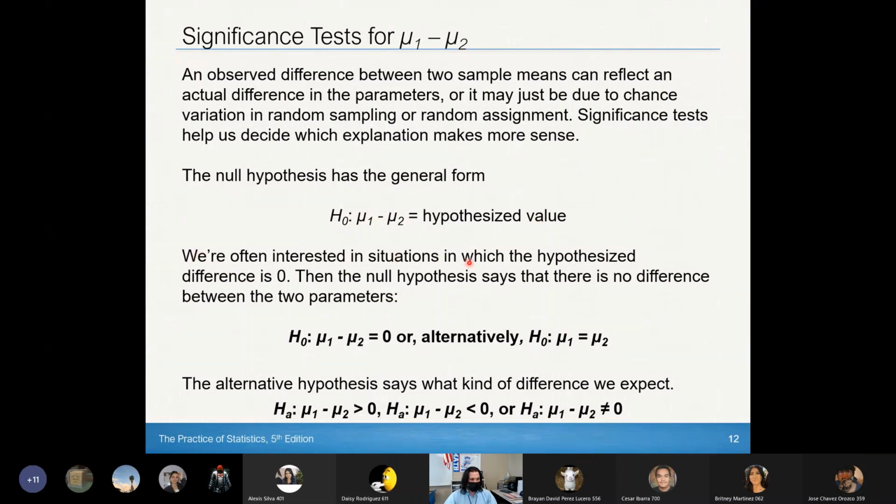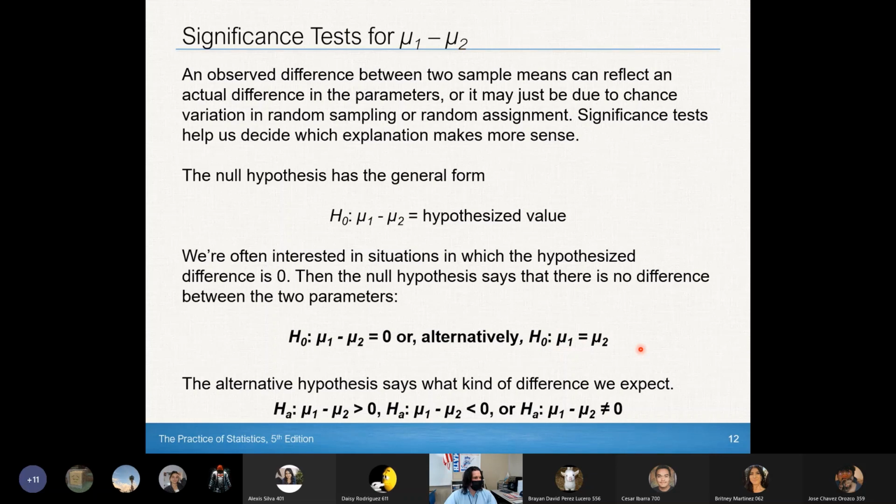We're often interested in situations in which the hypothesized difference is 0. Then the null hypothesis says that there is no difference between the two parameters. So then we get H0: mu1 minus mu2 equals 0, or alternatively, H0: mu1 equals mu2,